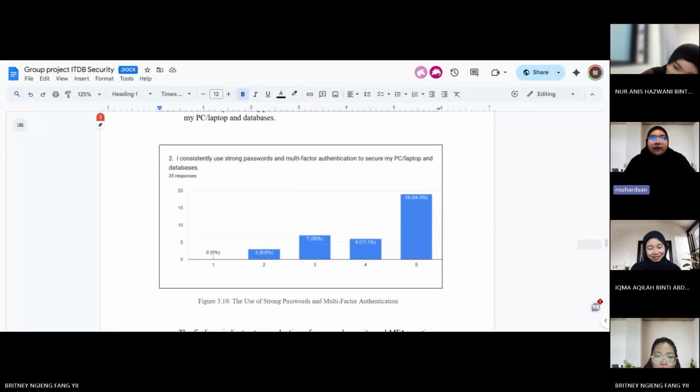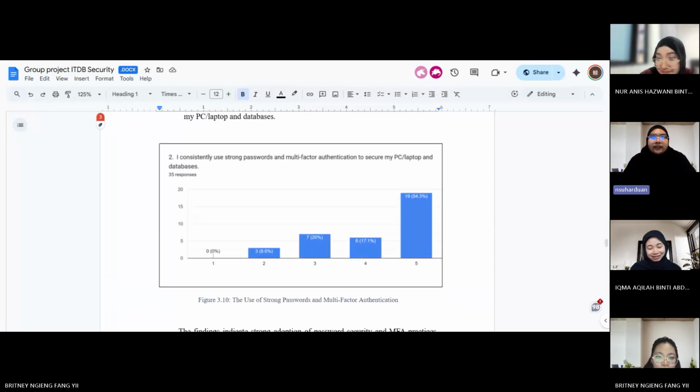Next question, we asked about consistently using strong passwords and multi-factor authentication to secure PC and laptop. So the finding indicates strong adoption of password security and MFA practice. More than half of the respondents, 54.3%, strongly agree, while 17.1% agree, showing that a significant majority